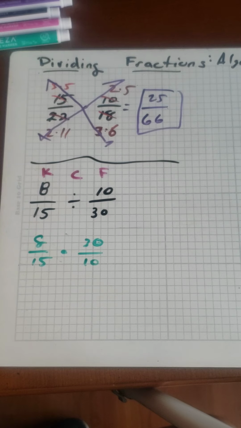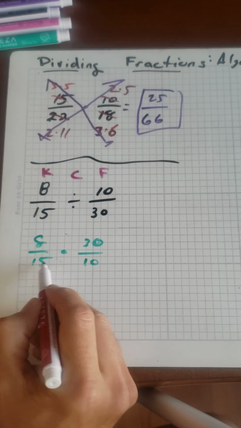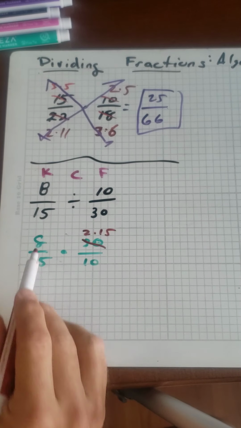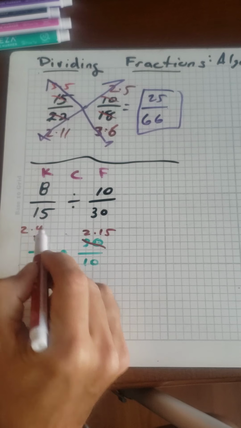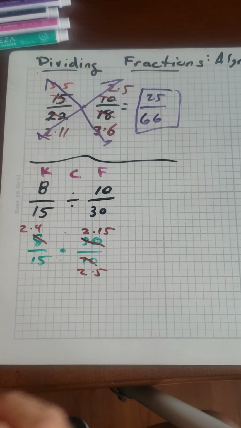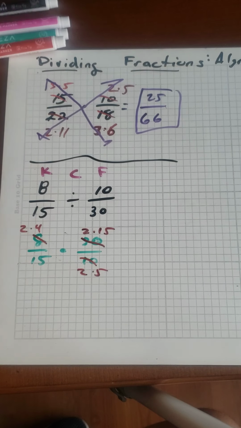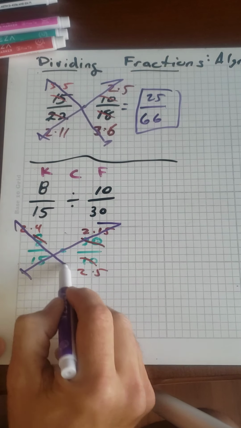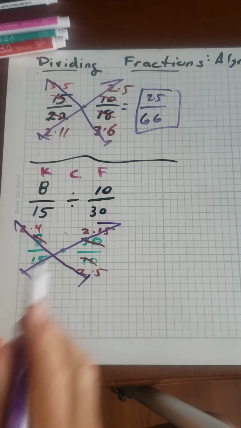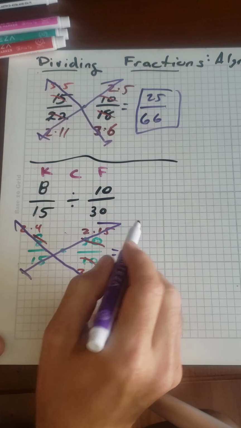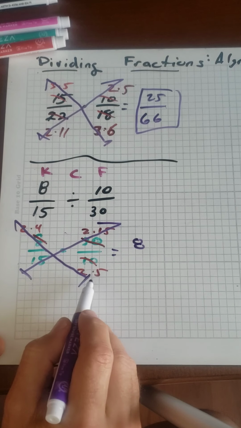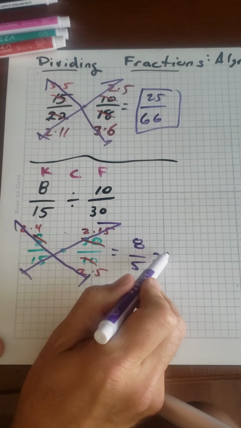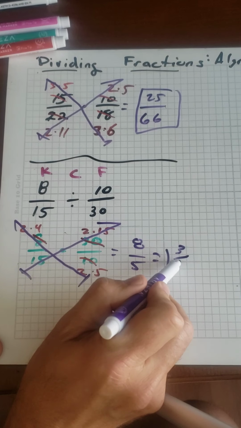And then I go back and do exactly what I did before. So I say, okay, well, 15, I like that, 15 and 30. So that's 2 times 15. That's pretty cool. And then here I've got 2 times 4, and here I've got 2 times 5. So now I look to simplify, and I see these big old 15s are going to simplify out. These tiny little 2s are going to simplify out. It looks like that's all I've got. So now I've got 4 times 2, which is 8, and 1 times 5, which is 5. And then I can use my upwards division to simplify that. So I get 1 3/5